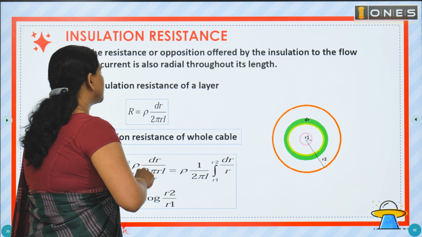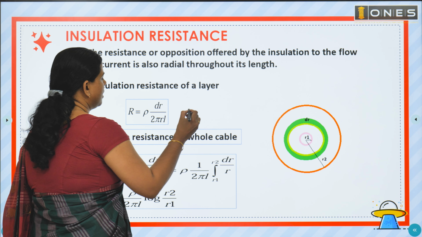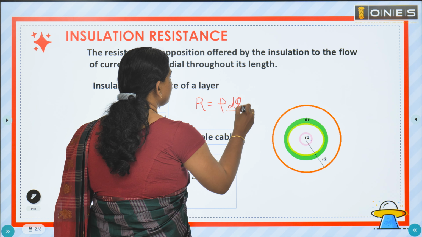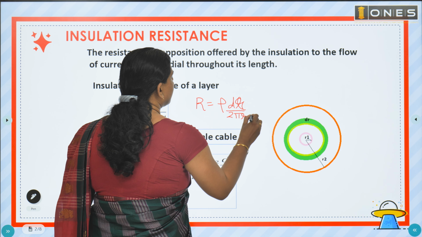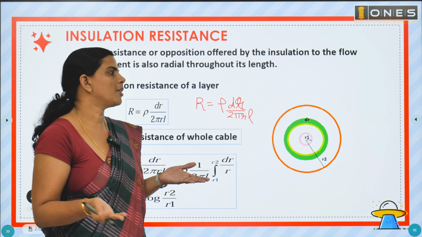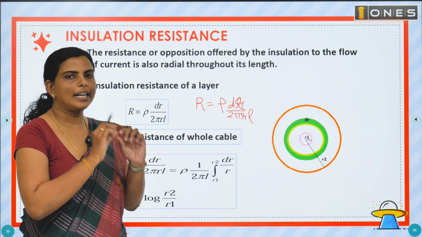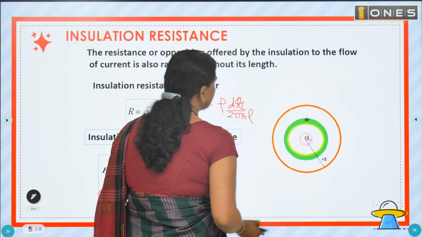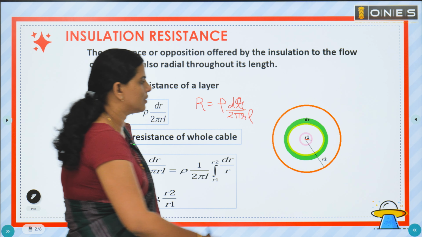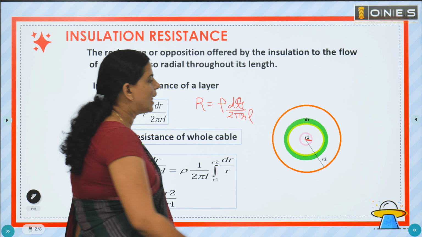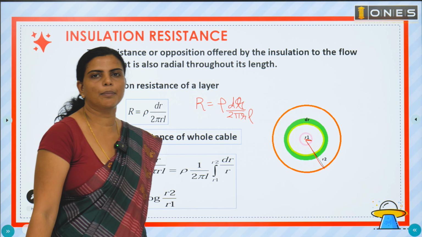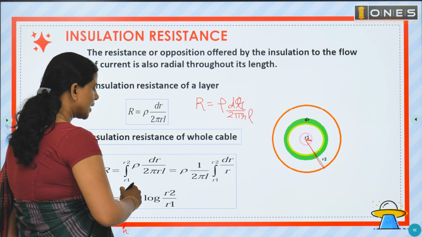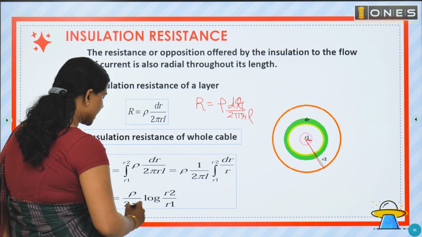The formula for insulation resistance is R insulation equal to rho into dr by 2 pi RL. Okay, so for example, if you are taking a cable, a conductor will have many layers around it. Let the radius of the conductor be R1 and the radius to the outermost layer of the cable be R2. When we integrate from R1 to R2, you get the final answer as R is equal